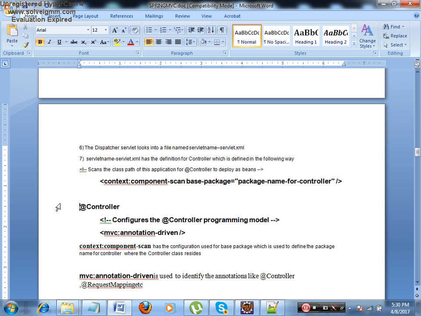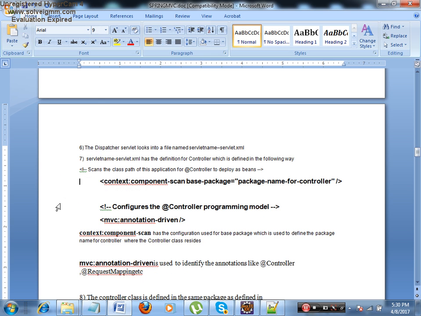And then, for this component scan to work, we need to have mvc:annotation-driven. If your project has to identify annotations, each annotation will be associated behind the scenes with some kind of metadata, meaning some kind of behavior.